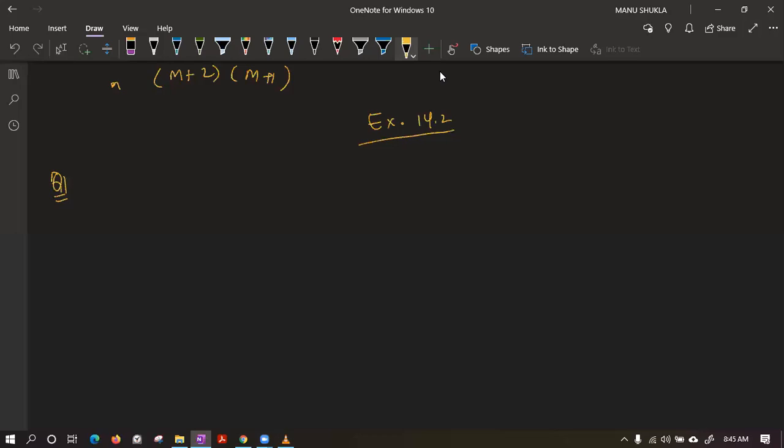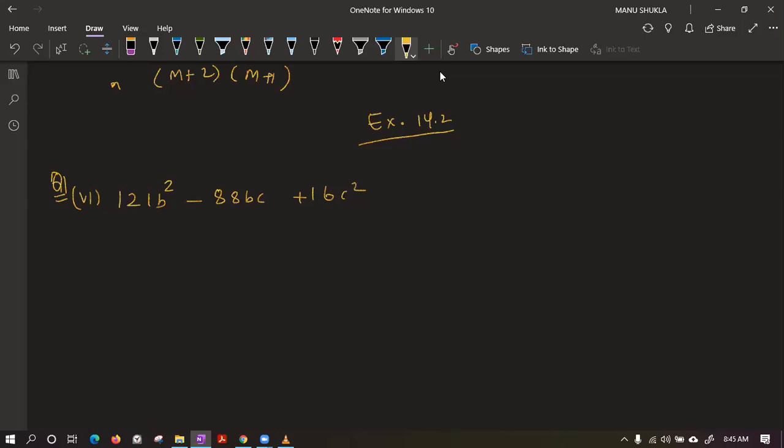All the remaining parts are very easy. We can take, suppose, the sixth part. Just for your knowledge, I am taking the sixth part: 121b square minus 88bc plus 16c square.